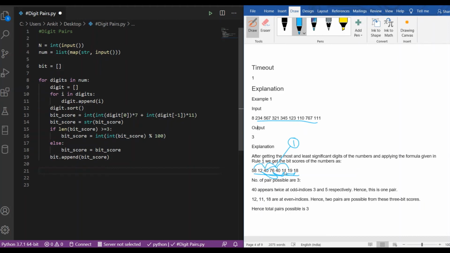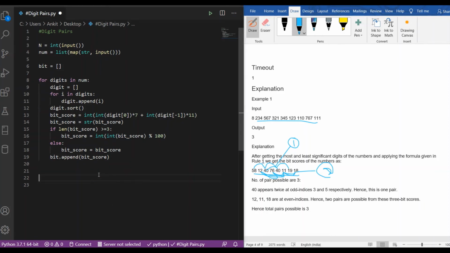So for that, now as the pair can be found by 11, 12 and 11, or 11 by 11 or 18, not by 18 or 11, because the most significant digit can only make at most two pairs, not more than that. So we will get two pairs from here. If the numbers are more, then also we can only make two pairs with one of the significant digit.